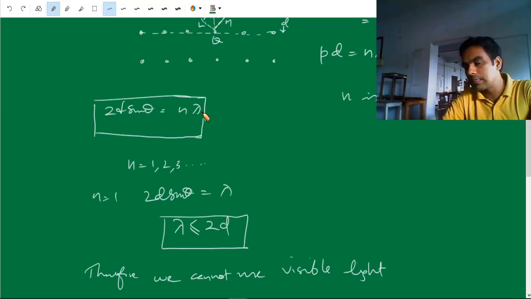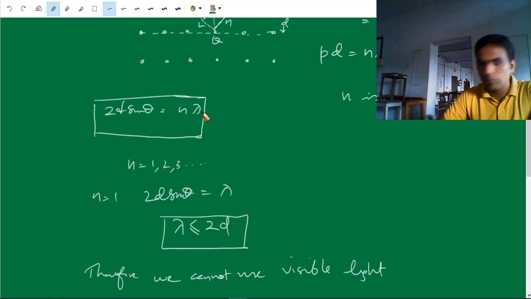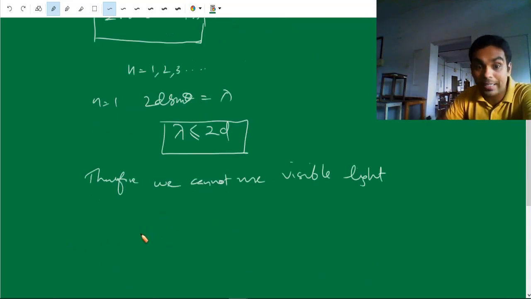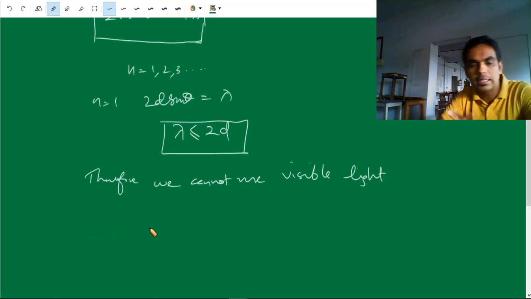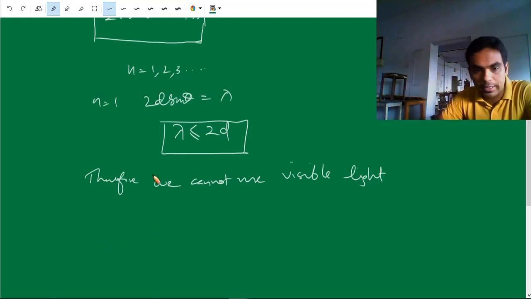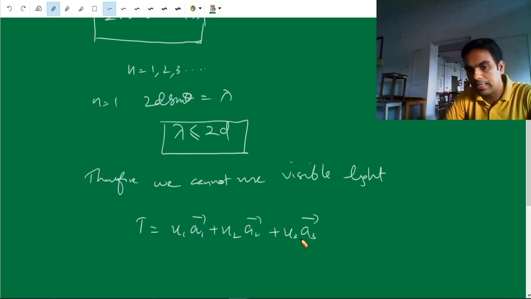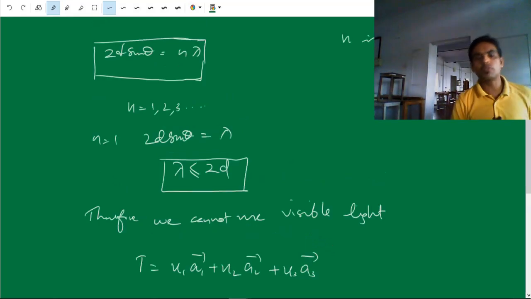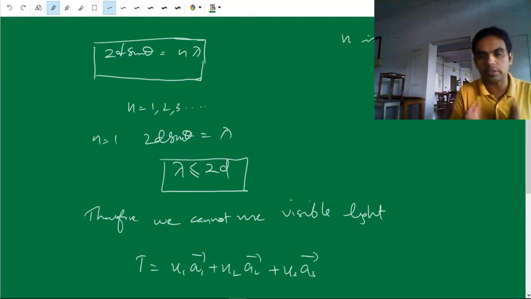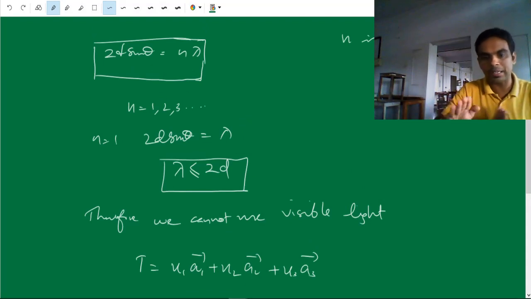Therefore, a deeper analysis is required to determine the scattering intensity from the basis of atoms, or from the electron distribution in each cell. We know that a crystal is invariant under any translation T. That is, T is equal to u1 times a1 vector plus u2 times a2 vector plus u3 times a3 vector, where a1, a2, a3 are the periodicities in each direction, the crystal axes. Therefore, all the local physical properties are periodic functions of the same periodicity a1, a2, a3.